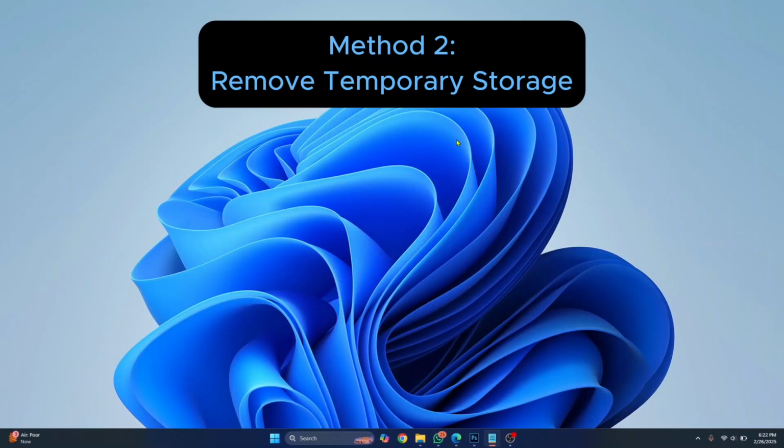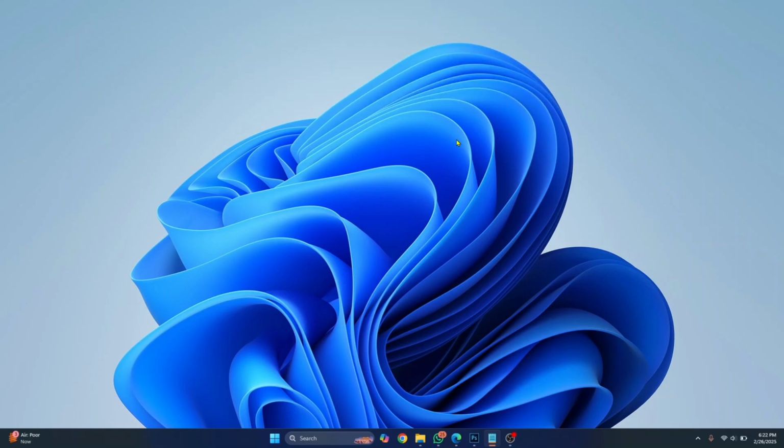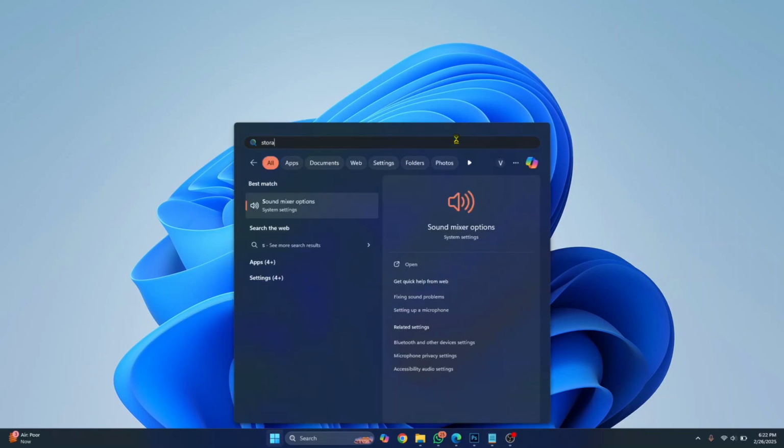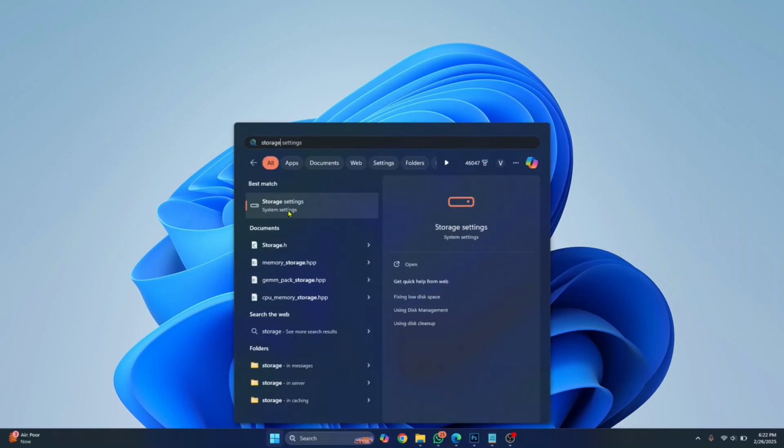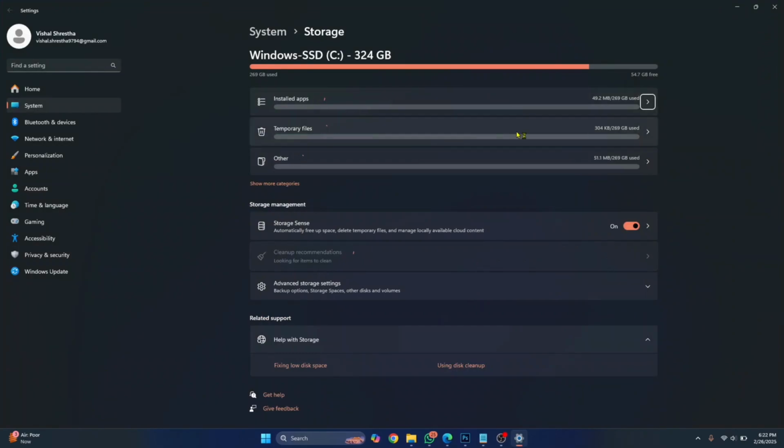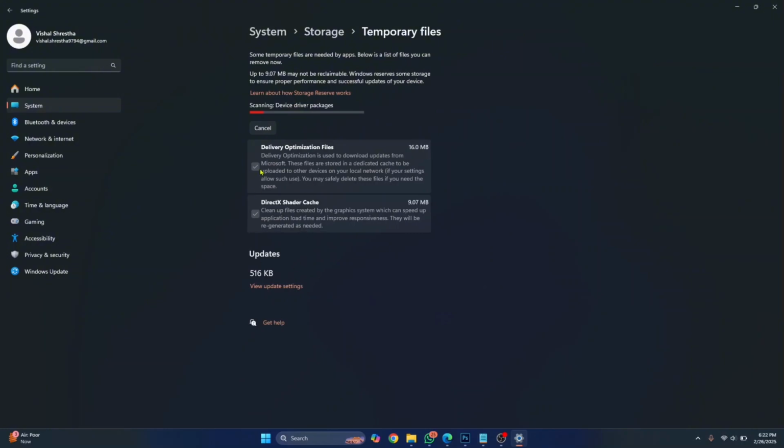The issue might be with temporary storage or storage in general. So what you can do is remove temporary storage so that there is more free space for Microsoft Store to install apps. So press your Windows key and type Storage, and you will see Storage Settings. Click on this. Here you will see temporary files, others, and so on. So when this is done loading, just click on temporary files, and here you'll get the option to delete the